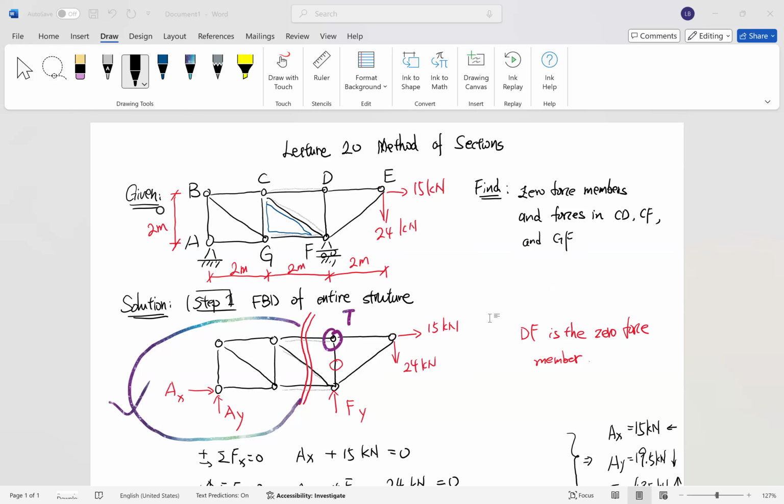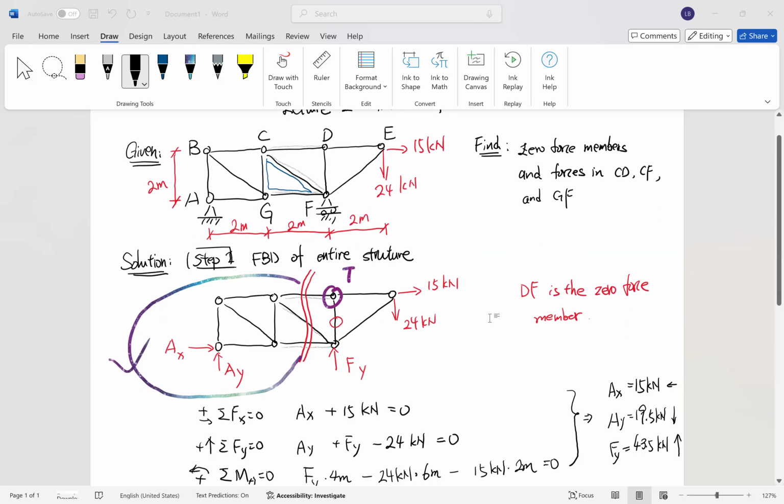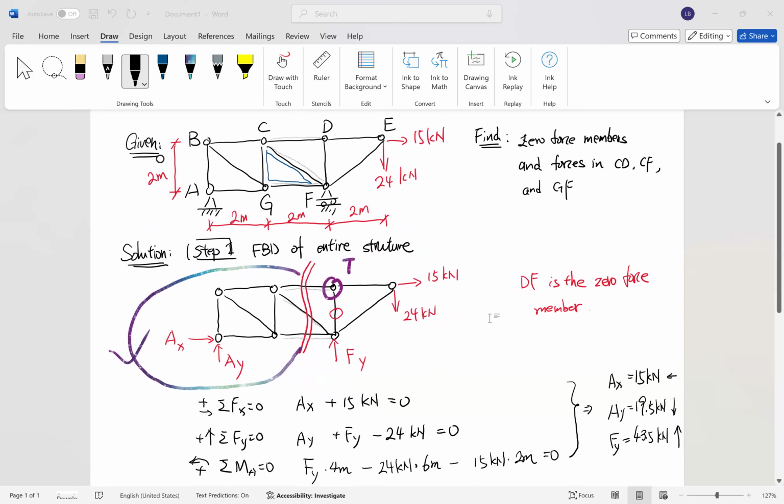The steps are that again we first draw the free body diagram of the entire structure and find out the unknown reaction forces. From the free body diagram of the entire structure, you can also identify if there are any zero force members. It is required in exams and quizzes,